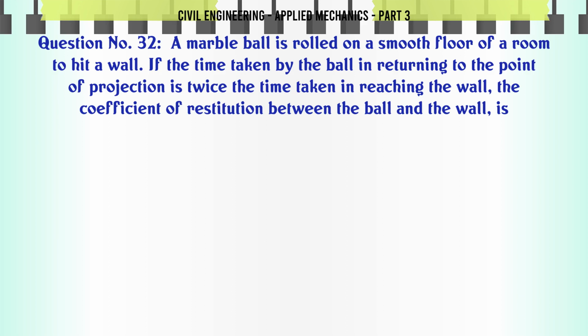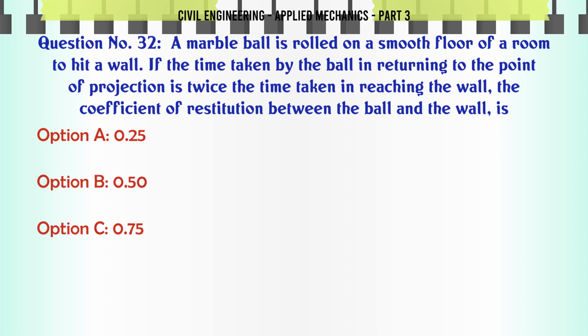A marble ball is rolled on a smooth floor of a room to hit a wall. If the time taken by the ball in returning to the point of projection is twice the time taken in reaching the wall, the coefficient of restitution between the ball and the wall is A 0.25, B 0.50, C 0.75, D 1.0. The correct answer is